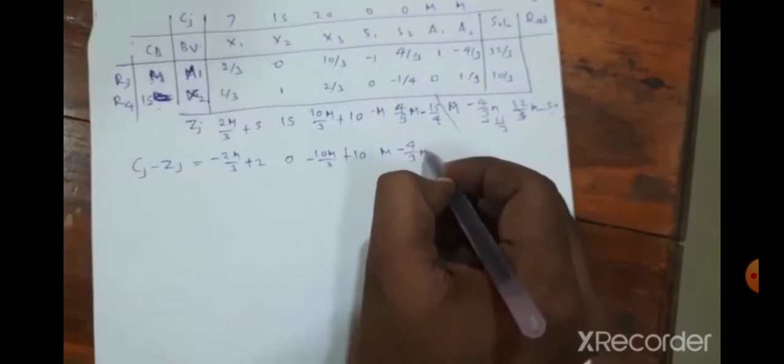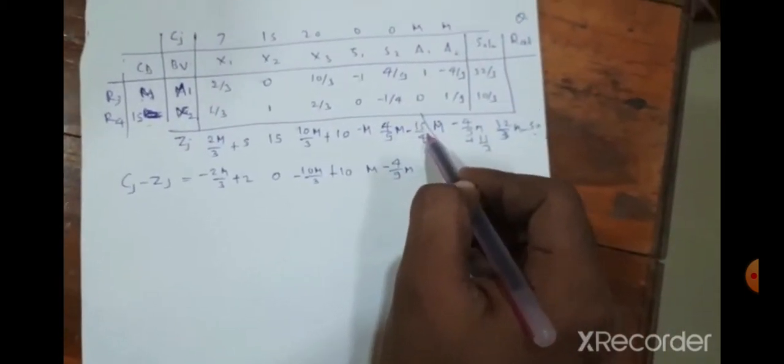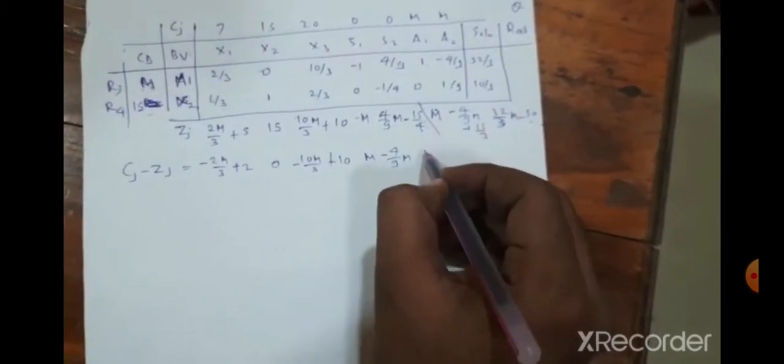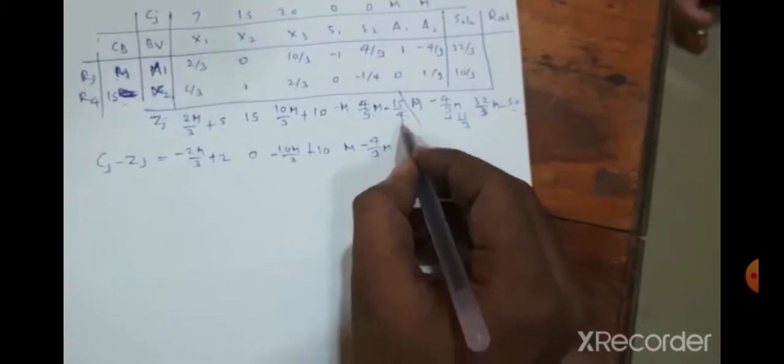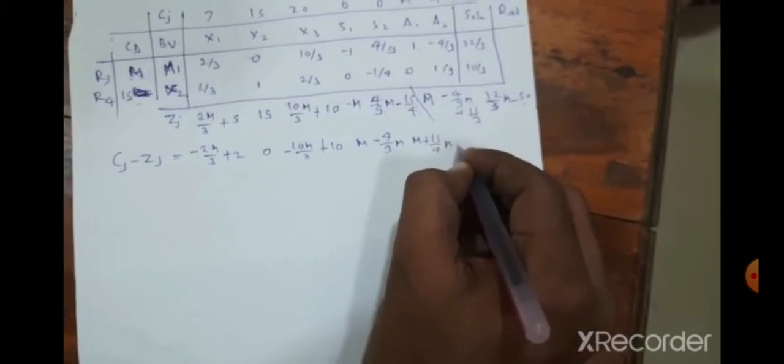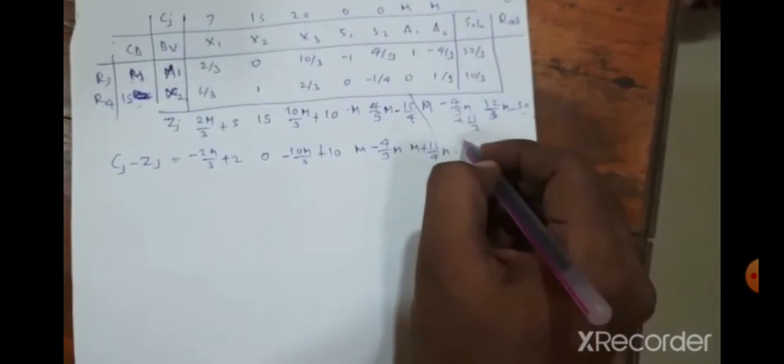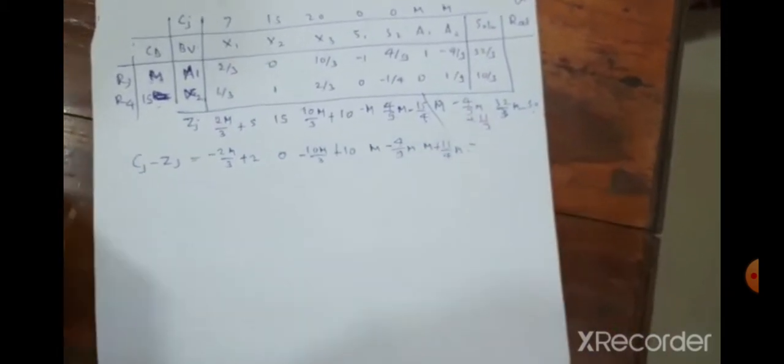But for A2 there is a dash. You need not calculate A2. By mistake I calculated it, but you need not. That is the leaving variable in the last column. So you just put dash dash in place of A2. So these are the Cj minus Zj values. You avoid the A2 values and just try to solve the solution.